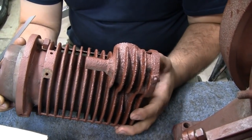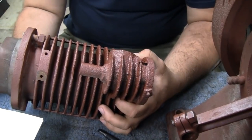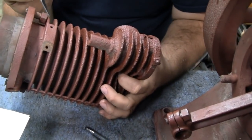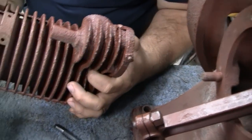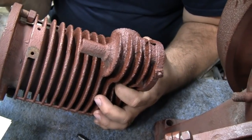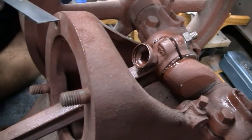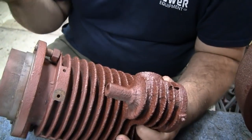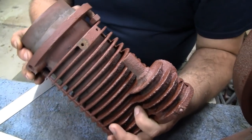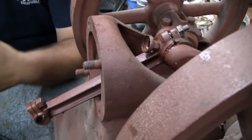So, what you came up with, which I wasn't even thinking about, and it's brilliant in its simplicity, is we know that we can't use this piston as it is. It's just a little bit too tall. What we'll do is add a spacer ring between this flange and this flange to bring this out, I don't know, 3/16 of an inch, let's just say. And then the cylinder will be an extra 3/16 out from the block,